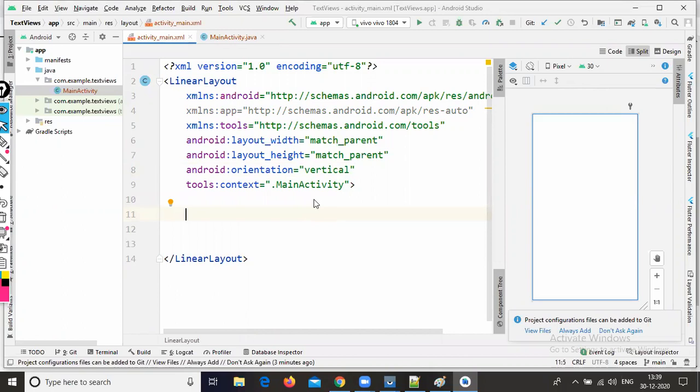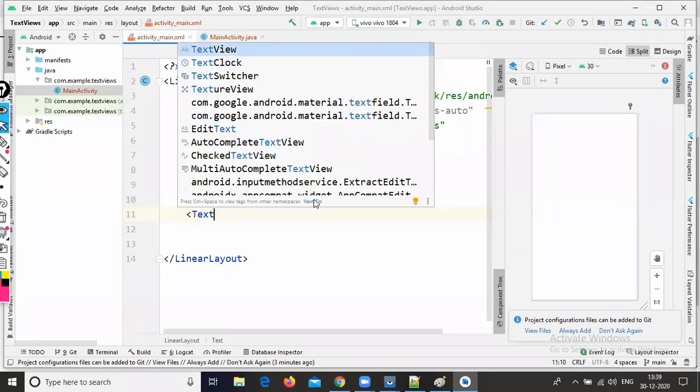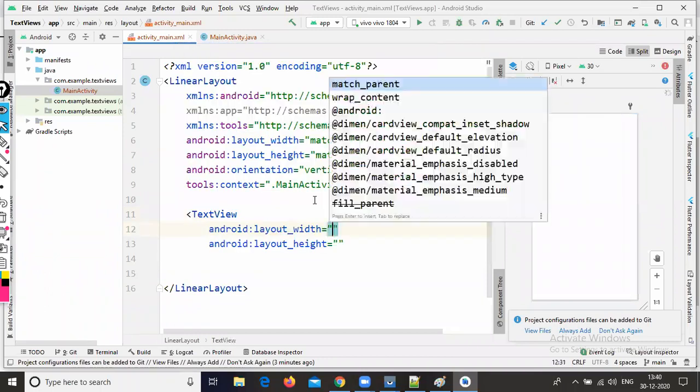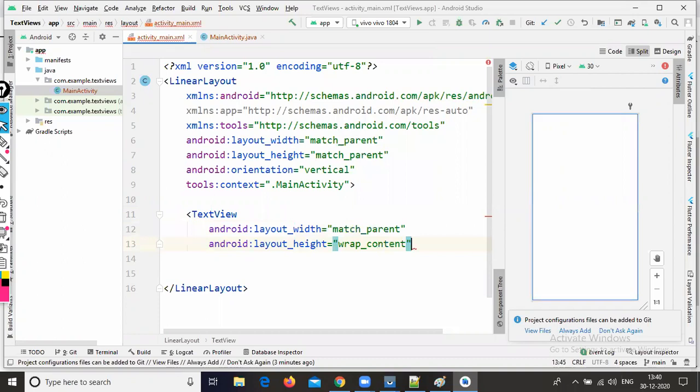Here create a text view, with layout width as match parent and layout height as wrap content.